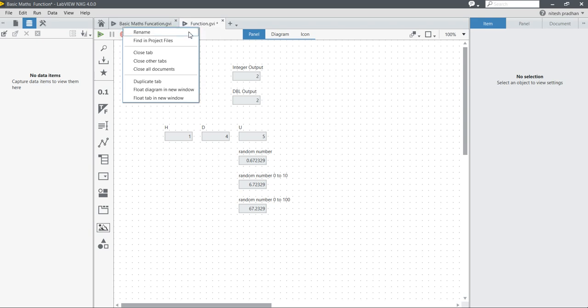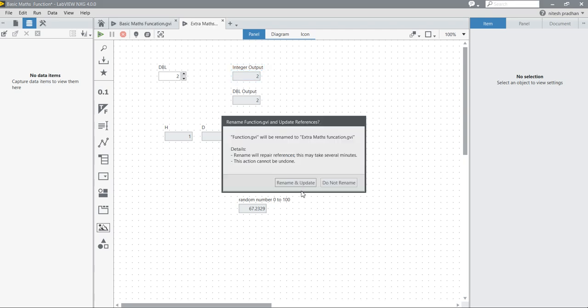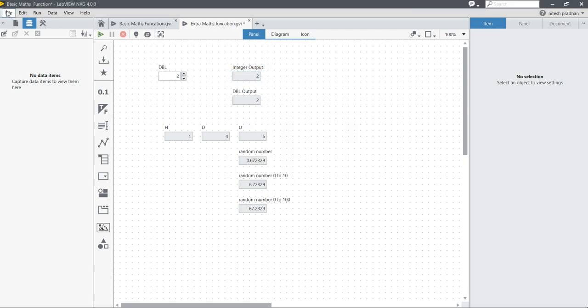So now I'm going to rename the functions VI to basic mathematics functions, extra maths function. Update, save all.